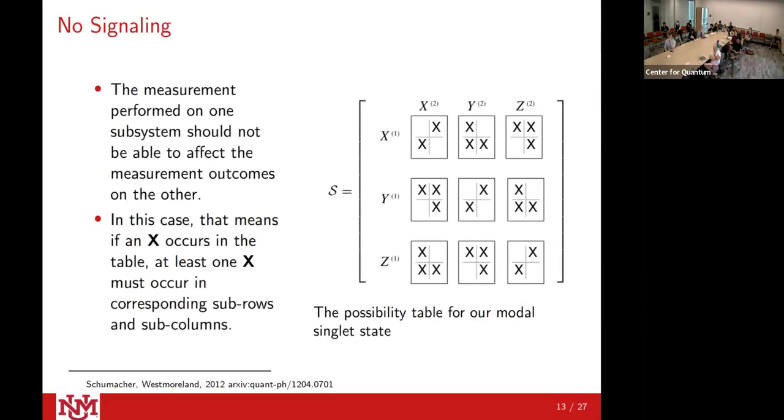Oh yeah. So we have a no-signaling principle, which tells us that the measurement outcome on one qubit shouldn't correlate to the measurement outcome on the other qubit. So essentially what that means is you're doing kind of a Sudoku thing, where if you have an X somewhere, it better have a corresponding X above or below it, vertically or horizontally. So this X implies that there needs to be one of these two X's in this one, and also this X and this X, or the other two.